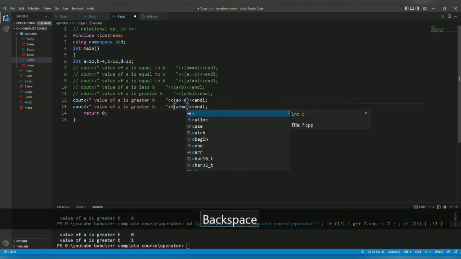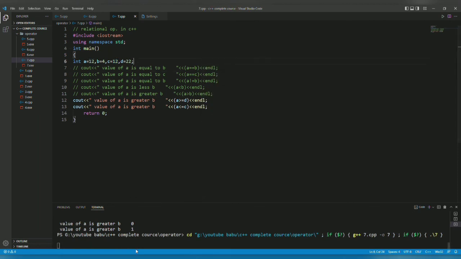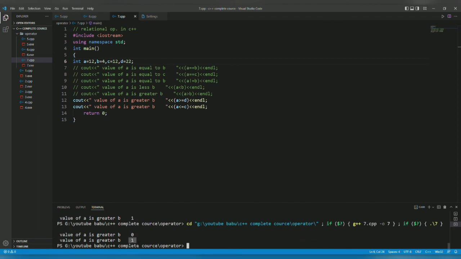Now if I put c, a is not less than 12, but it is equal to 12, that is why it is giving the value as 1. So this is true. So these are the relational operators. We will discuss more topics in C++ in our further videos. Thanks for watching.